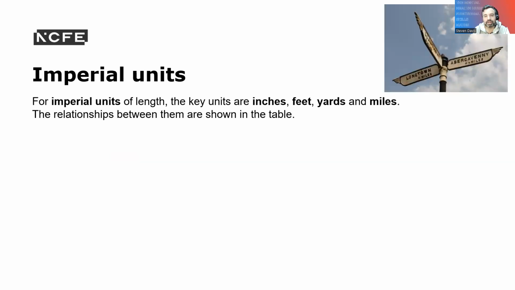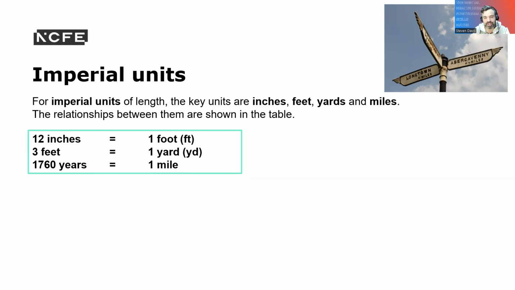Good. So imperial units. For imperial units of length, the key ones are inches, feet, yards, and miles. The relationships between them are shown on this table. So it's 12 inches to 1 foot. It's 3 feet to 1 yard. And it's